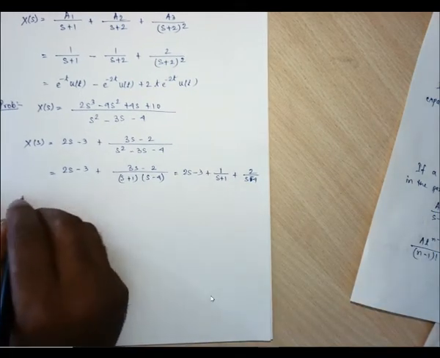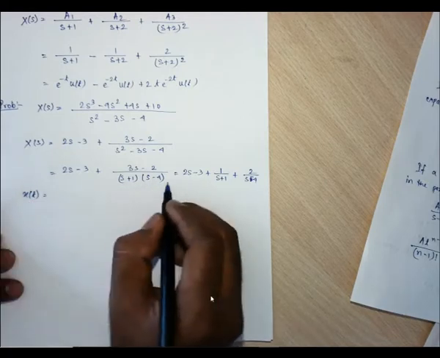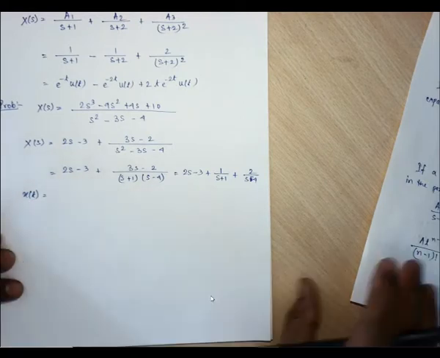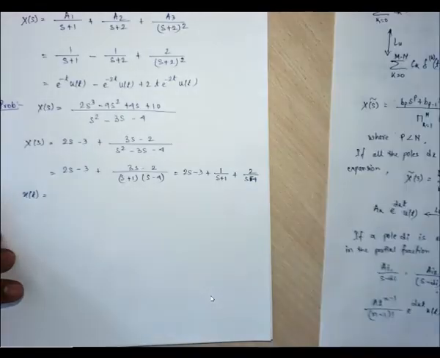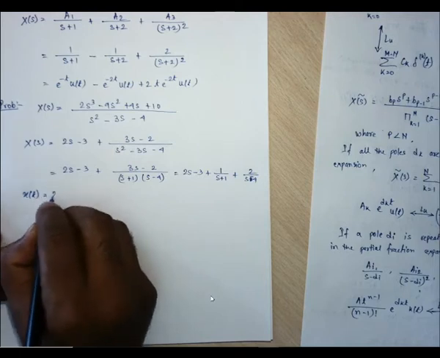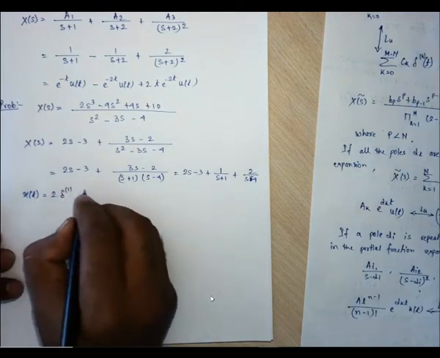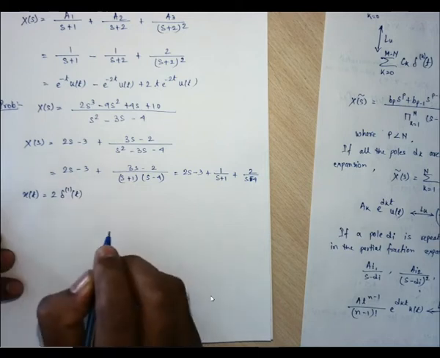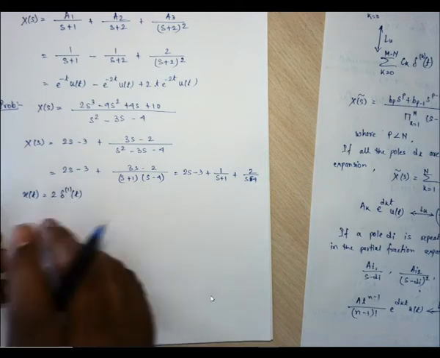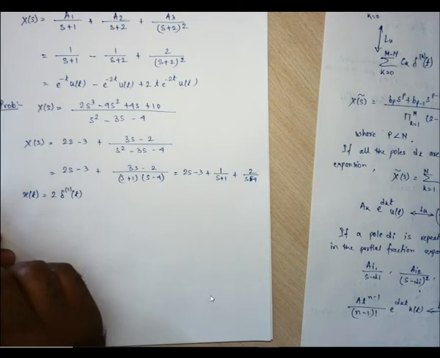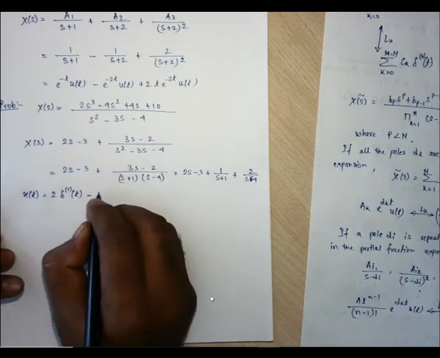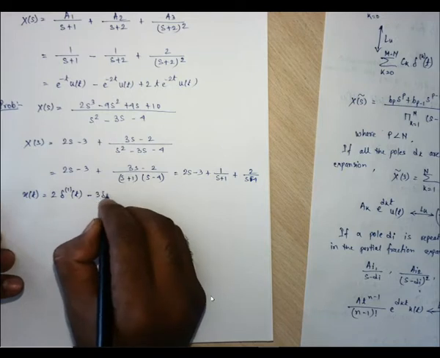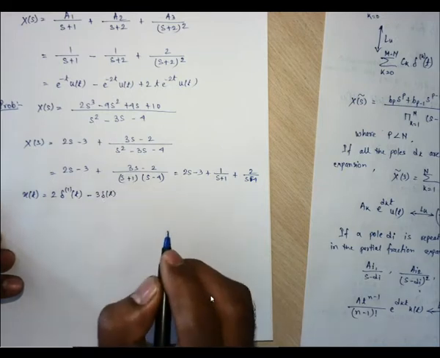Inverse like this, x(t) is equal to, so here s is there, so what we have seen earlier, s^k leads to the kth derivative of delta t. So 2 is there, the derivative of delta of t. So this 1 means first order derivative, kth order derivative. If k was there, then kth order derivative, so it is first order derivative. Then 3 will be simply a delta t, as it is a unit step, 3 into 1,